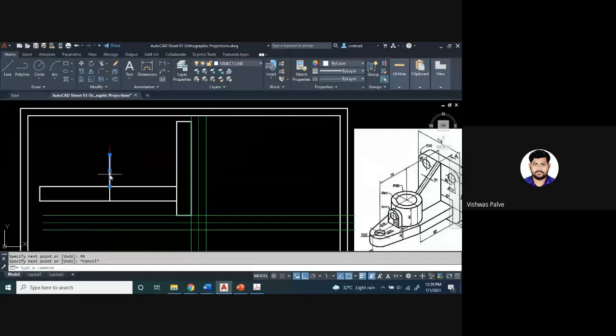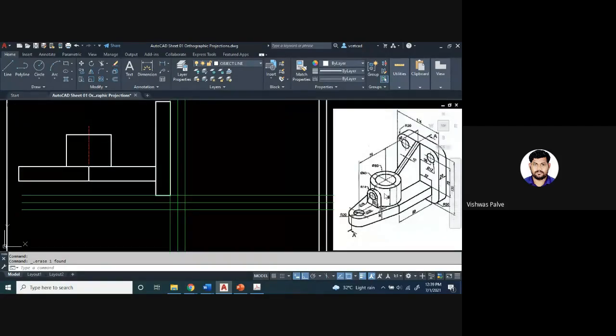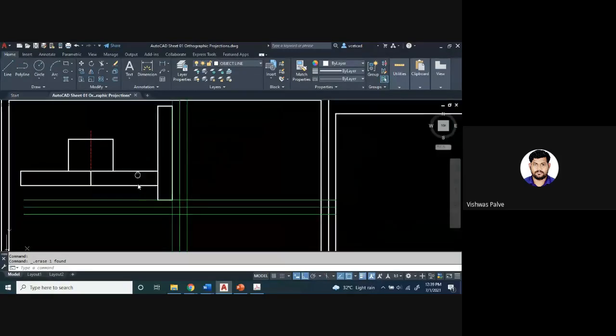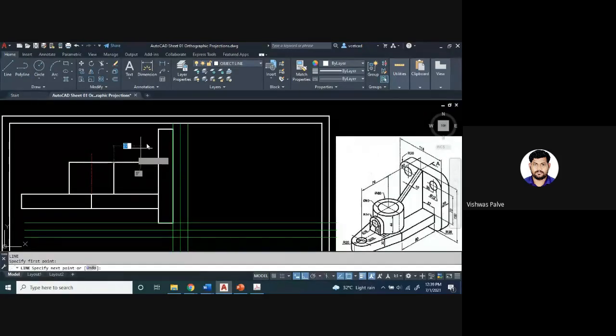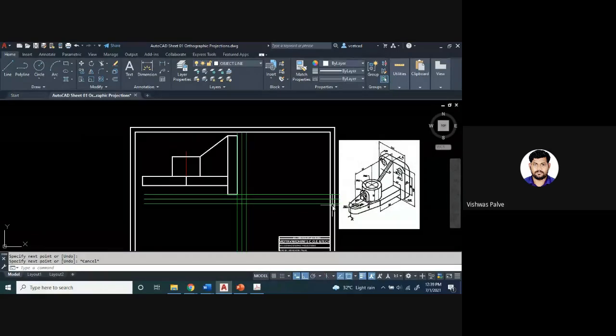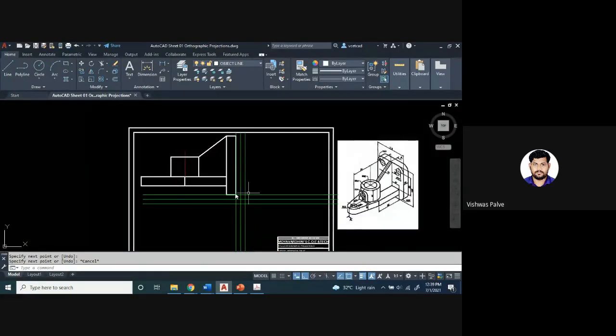Okay, then I'll say offset of distance 60, O enter, offset of 30, because on the right side 30, left side 30, L enter. Okay, so this is the cylinder and this was drawn as a reference line, so I will delete that. After that I will connect this point with this. So this is the rib which I have connected, and we want to draw a normal orthographic projection, that's why we are not taking a section.